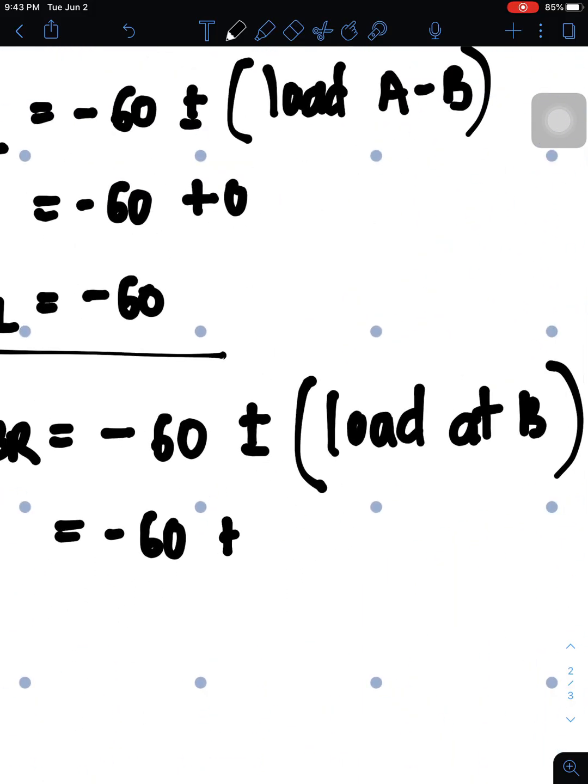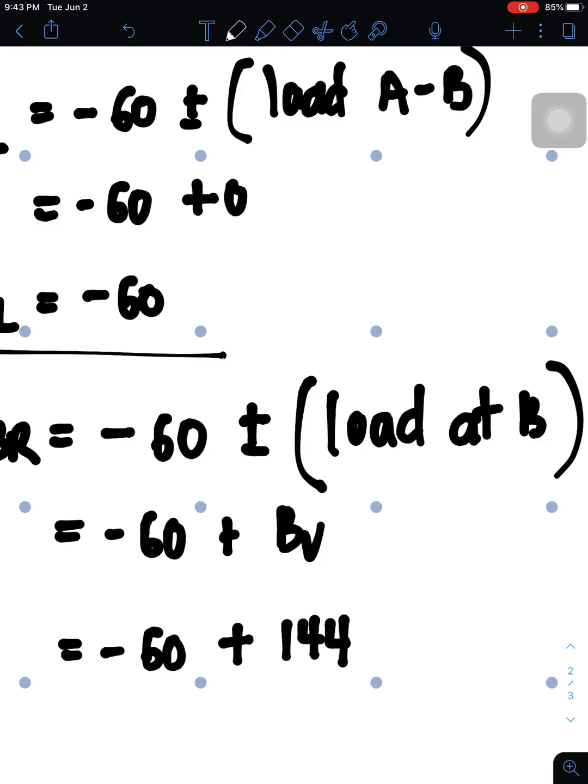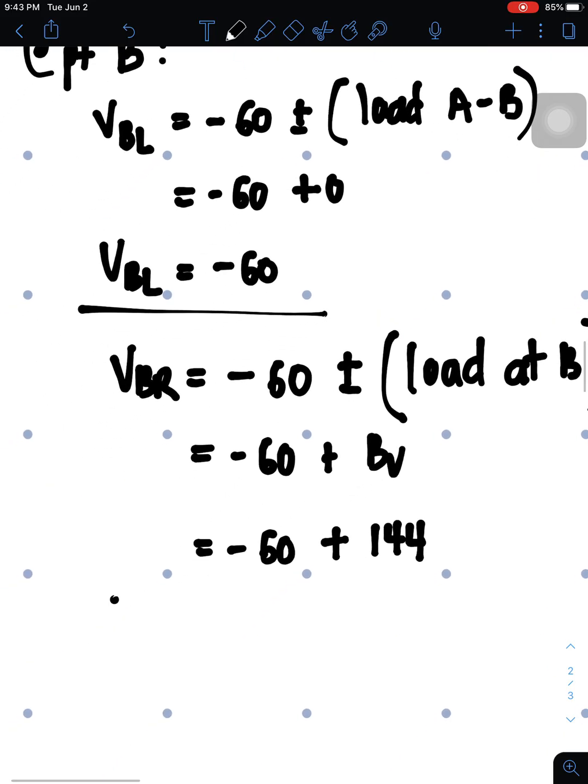So it's plus BV. And then it's negative 60 plus the BV value, which is 144. So VBR is negative 60 plus 144. It's positive 84